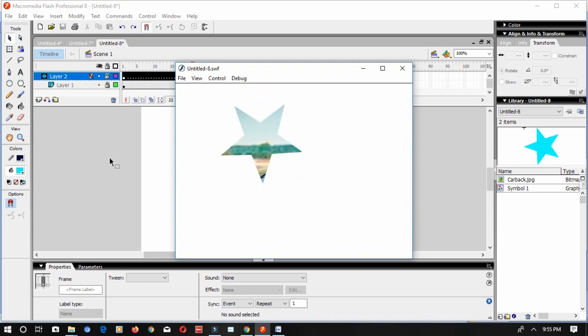Okay children, clear with these concepts? Now in this video we saw guided motion tween animation, how to work with that, what masking is and how to do masking, and how to do rotation with masking. Hope you are clear with all these things.